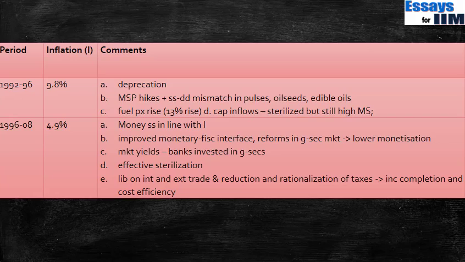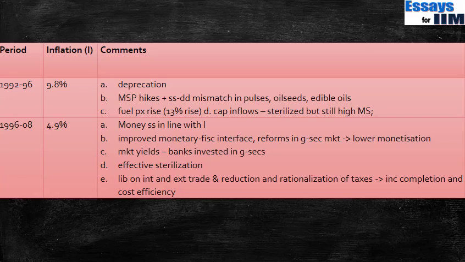Okay, then after that, for a long period, we saw a period of relatively low inflation, which is again why the common people have a lower tolerance towards inflation in India than in other countries. You might have read some reports where in other countries the inflation is much higher than the inflation in India, but even then there are more protests in India or more public opinion against inflation in India compared to those other countries. So this is the historical reason for that. Indians, the current generation of Indians, have seen a relatively moderate phase of inflation between 96 and 2008, because of which they do not have a tolerance for a high inflation.